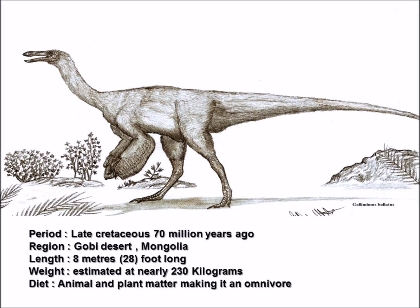But moving on, Gallimimus is known from both juvenile and adult specimens, but adults are believed to have reached 8 metres in length, 26 to 28 feet long, making it quite a decent sized medium dinosaur. It was a theropod, which is the order of dinosaurs that are more bird-like. And Gallimimus only weighed in at about 226 to 230 kilograms,